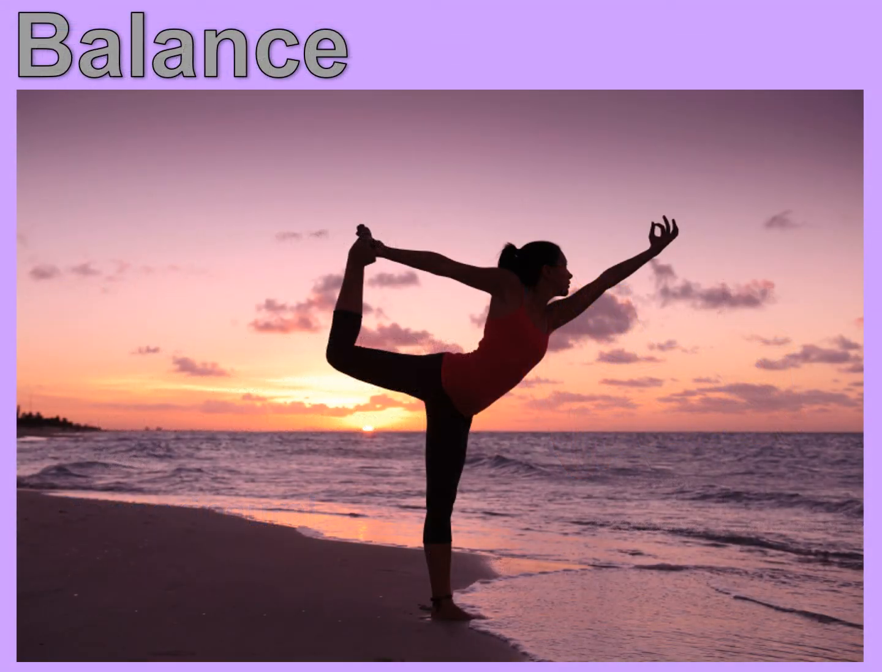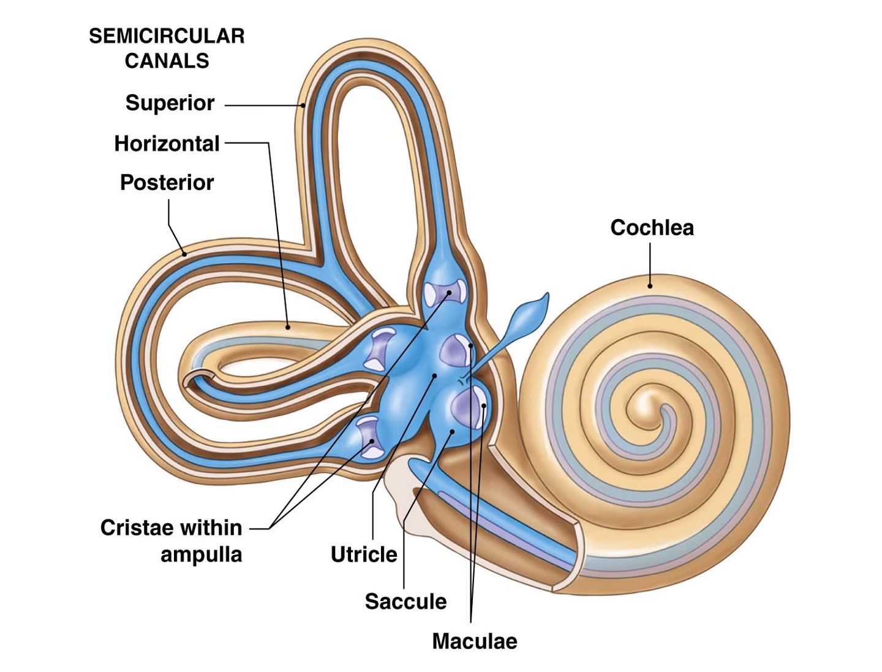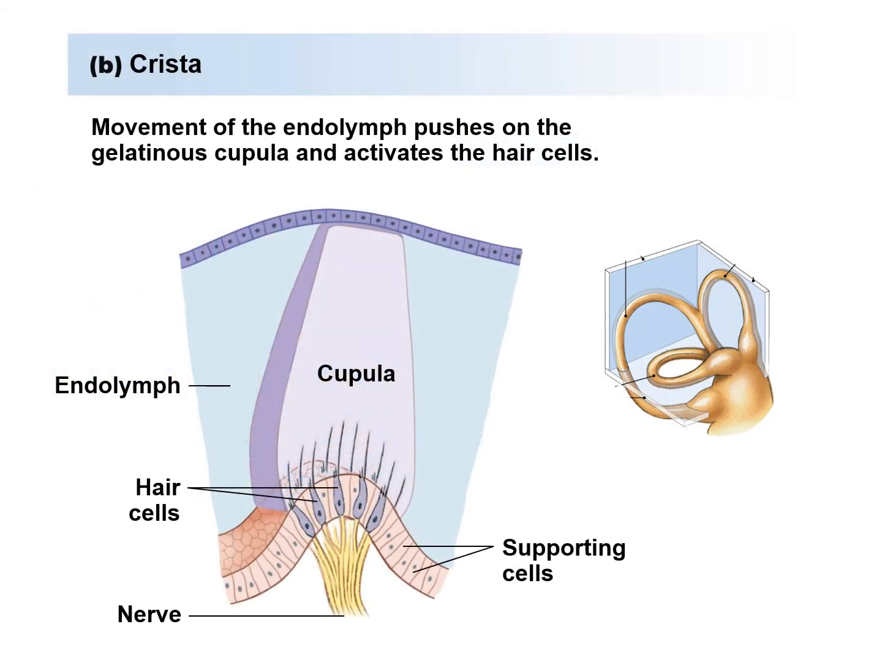Balance is not far departed from auditory. It uses stereocilia, but in a slightly different way. Like in the organ of Corti, the vestibular side of the vestibular cochlear apparatus includes a fluid-filled chamber with hairs